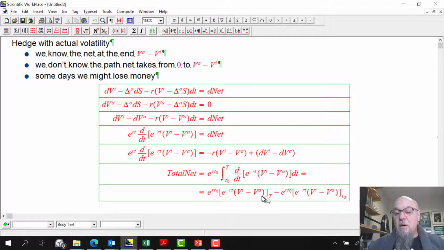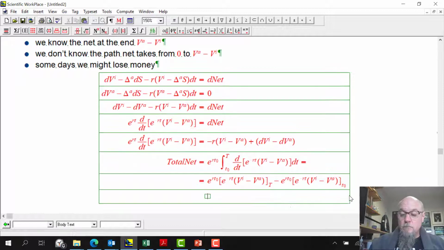Now, when I sub in capital T here, here's the thing: at expiry, the value of the option is given by its payoff. It doesn't matter. There is no place to plug in a volatility. So at expiry, V sub I is equal to V sub A. So when I sub in the time here, this whole piece is 0. When I sub in T naught here, I get the value of the option using implied at T naught minus the value of the option using actual at T naught. This will be minus R T naught. So this e to the positive R T naught and e to the minus R T naught cancel out. This minus can go inside and flip that VI minus VA around, and I get